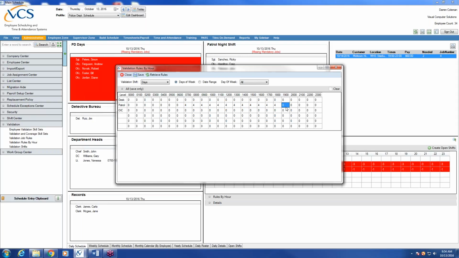Now that box that I just highlighted under the 1900 column means 1900 to 20. So that's where the night shift begins. So here's my requirements for patrol just for the day shift. Below, I'm going to do the same thing for my supervisor skill set. Maybe I just need 1 OIC